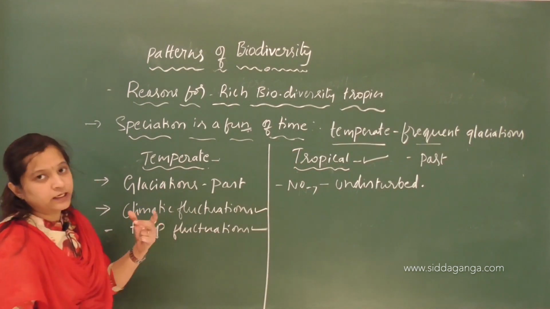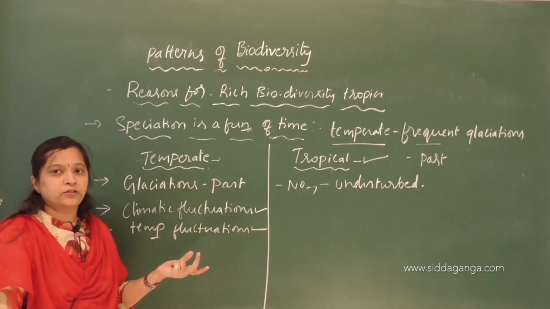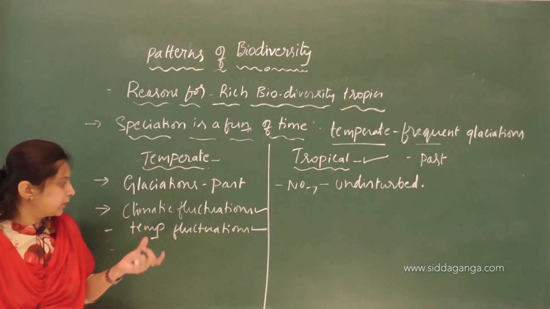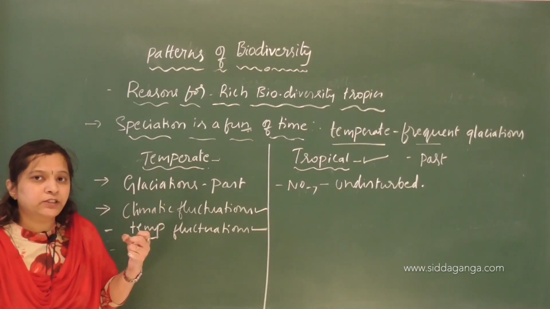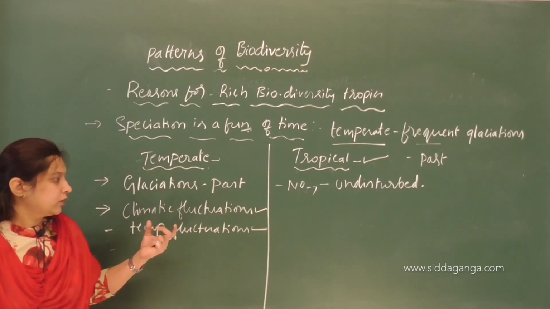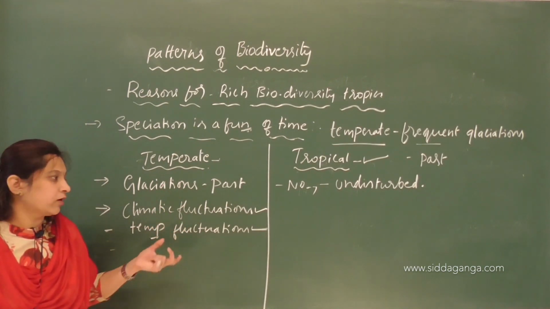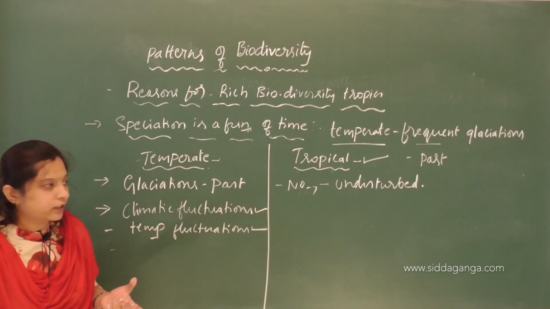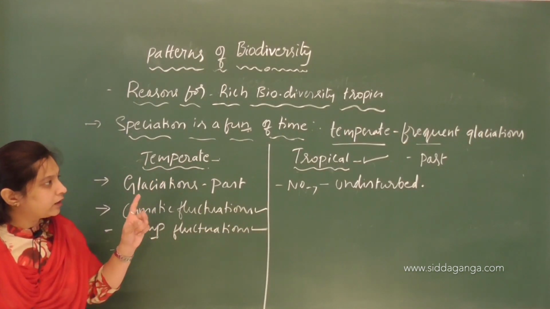A number of species have died, and a number of species migrated to other areas where they have a better environment for living. So it is because of high climatic and temperature fluctuations that the species did not survive here. The environment in these areas is not much suitable for living, so many of the species died and many of them migrated. This is also one of the reasons for less diversification in temperate areas, but this is not the case